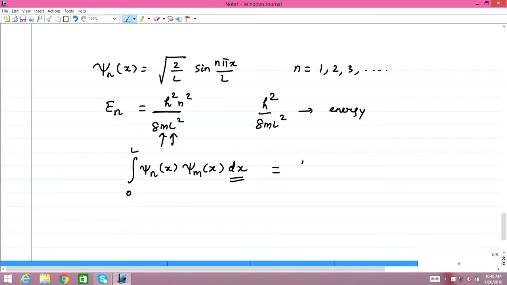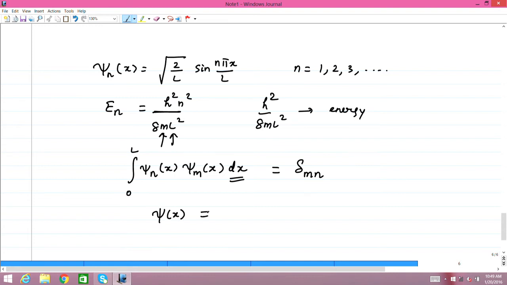This is delta m n, meaning that the wave functions are normalized when n is equal to m. The probability of finding the particle inside the box is unity for all states of the system, and the second is that the wave functions are orthogonal to each other. So, this is the summary result, and therefore, any particle wave function